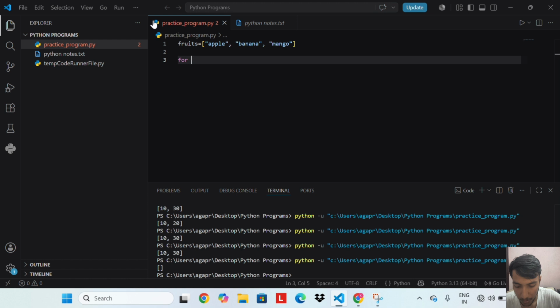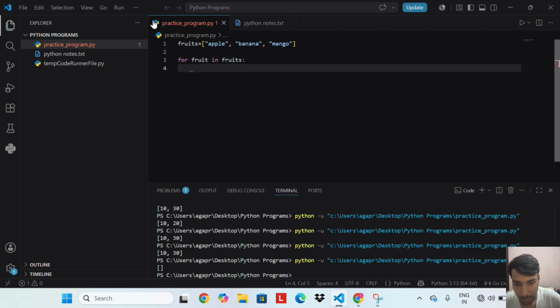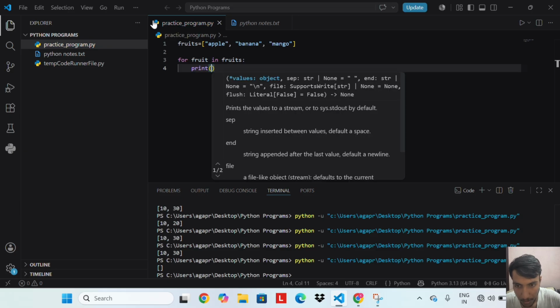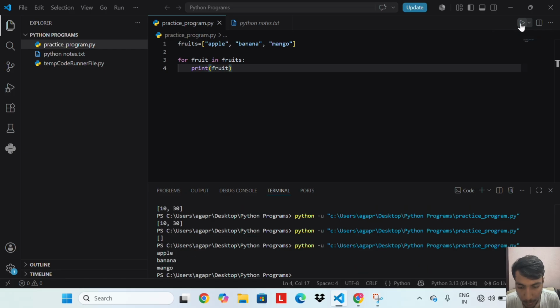For fruit in fruits, print fruit. This is the simplest way. The loop goes through each item directly. Fruit holds each value one by one. Output: apple, banana, mango on separate lines.